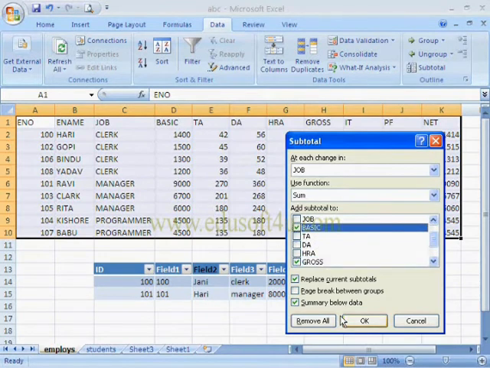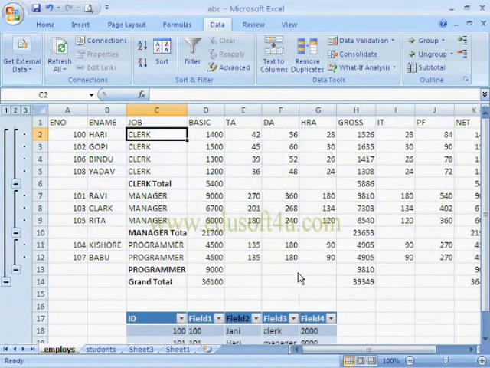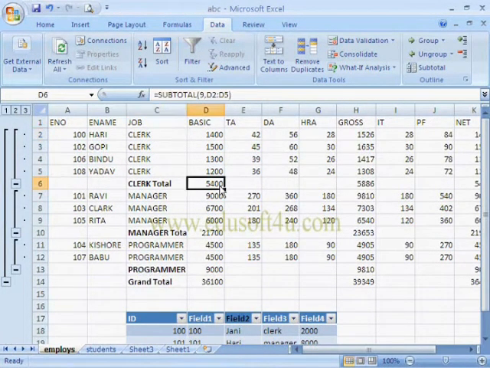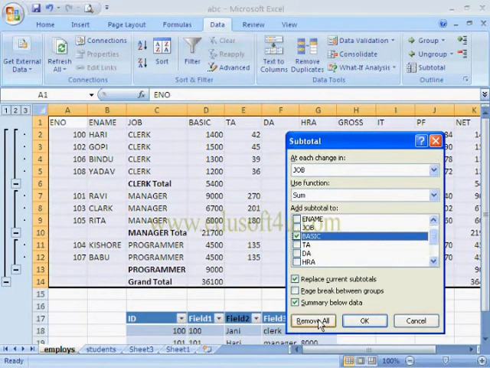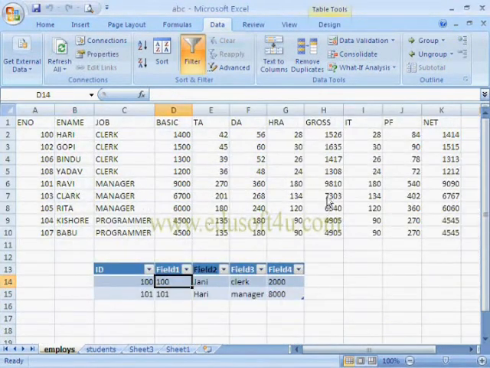So I am selecting Net, Gross and Basic. Now it shows subtotals for clerk, manager and programmer. If we do not want to show all these subtotals, then we have to click on the Remove All button.